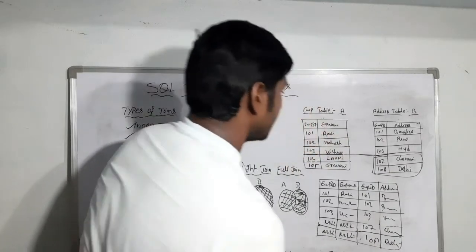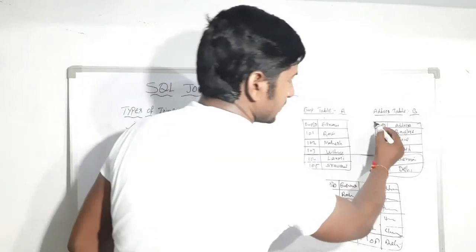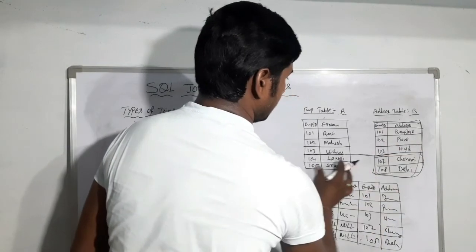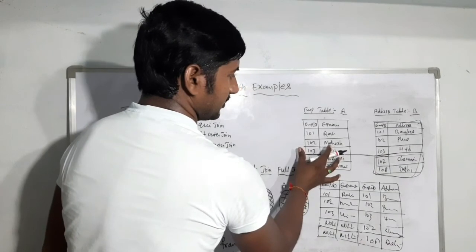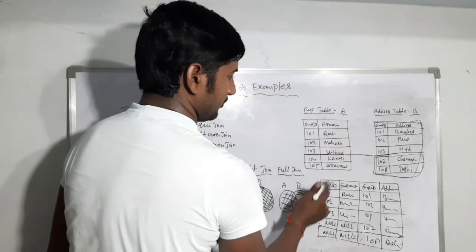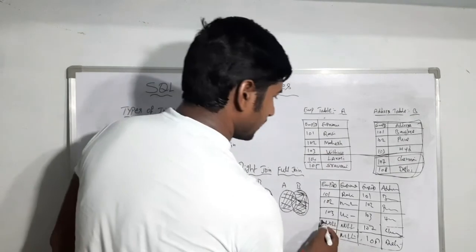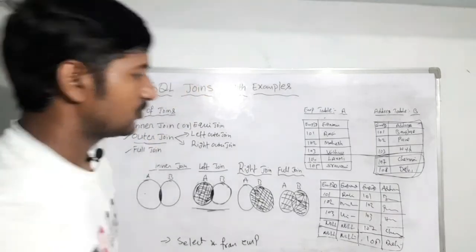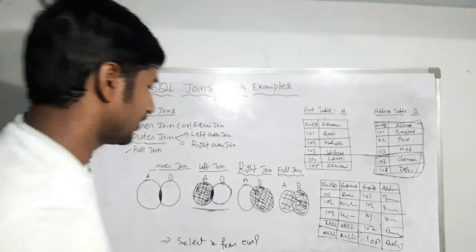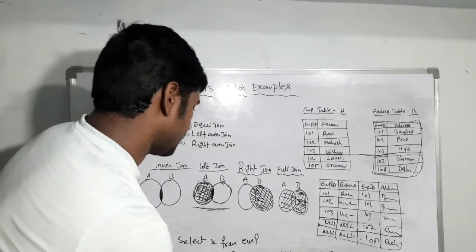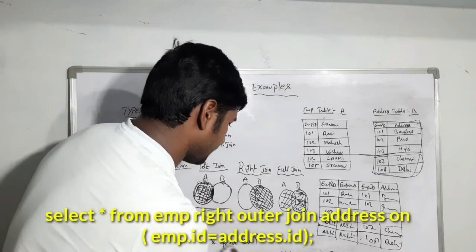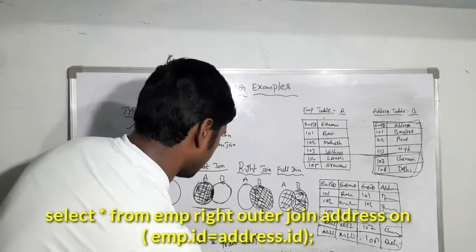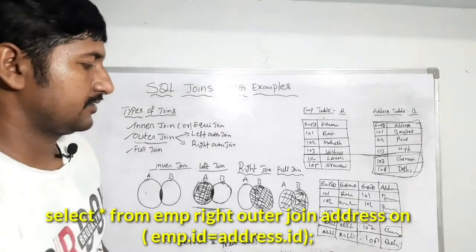So this is the right outer join. Right outer join means you will get all the records from the right table, and also you will get the output from the left table, whatever matching and unmatched. Up to here matched is there; unmatched, there is no 104, 105 by using right outer join. For this you have to write the query like this. The same thing, you just replace left outer join with right outer join, that's it.